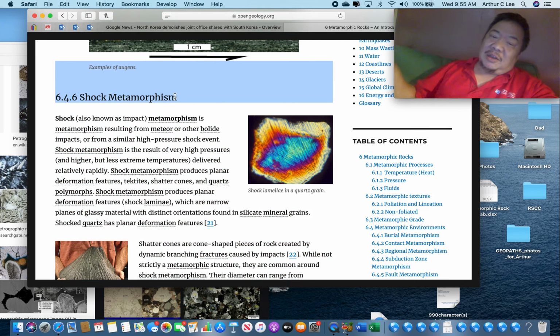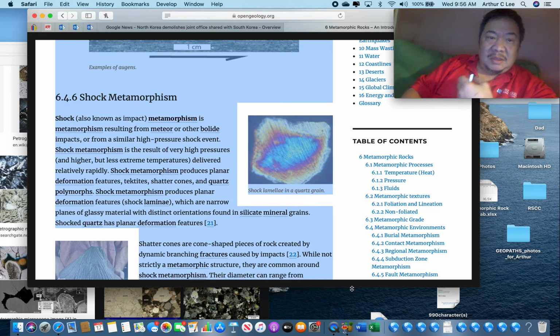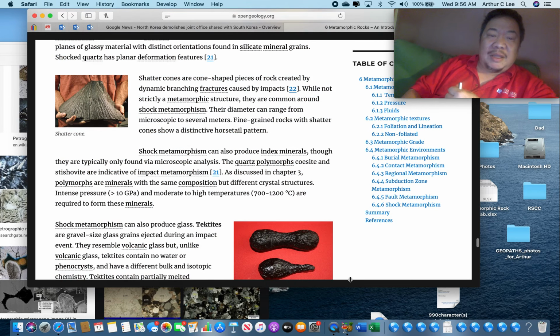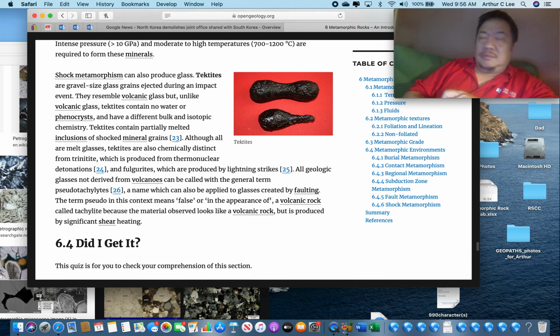Usually we'll find it in a crater that's left behind by the object that struck our planet. That's a special type of metamorphism, and that involves the application of a huge amount of energy, a huge amount of pressure instantaneously, shocking the quartz. And when you find shocked quartz, not only do you know that it was from an extraterrestrial impact, unless there was an atomic bomb dropped there,